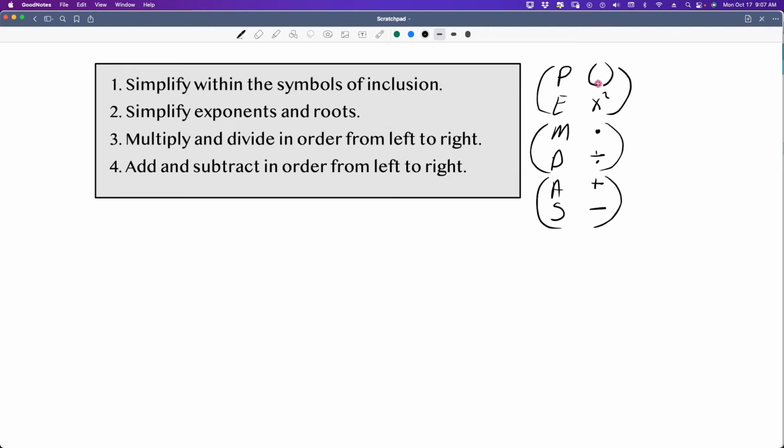So we look for our symbols of inclusion first, and then we analyze to see what we need to do with our exponents, if we have any with the parentheses. And we'll get more into that as we go later. But for now, we're going to look inside the parentheses first, then we're going to look at our exponents and roots, then multiply and divide, then add and subtract. Those are our 4 steps of PEMDAS. All right, so let me clear the page. Make sure you write this down and update your notes. And let me go on to